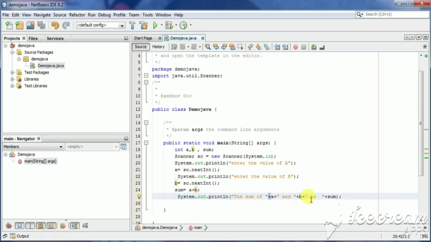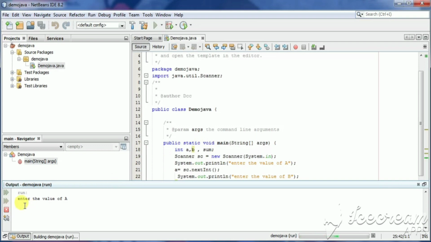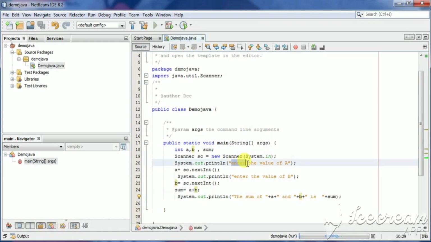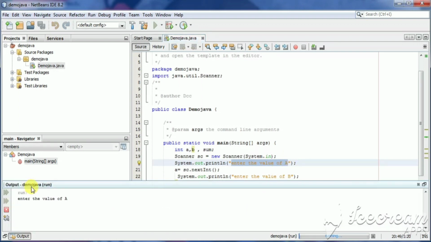So in this way you can make your project and your first Java file. Now it's time to run this program. We can run from here. Click on the run button and it will show the output here. 'Enter the value of a.' I put this over here, so this message has been shown on the screen.